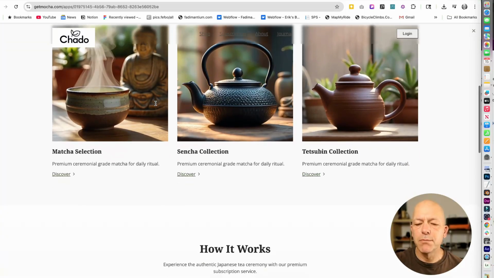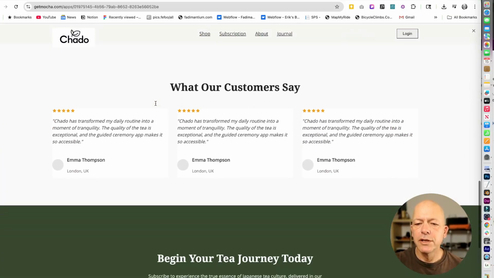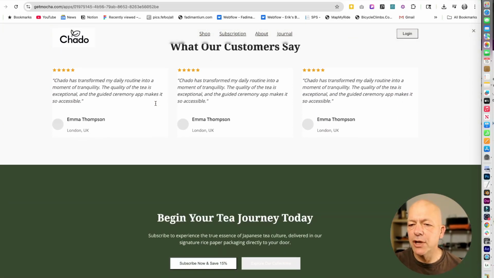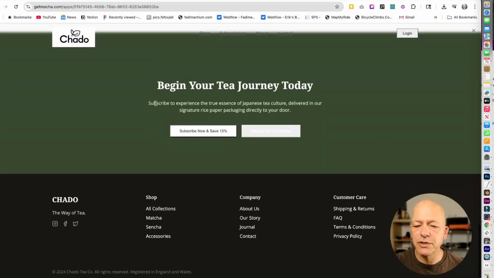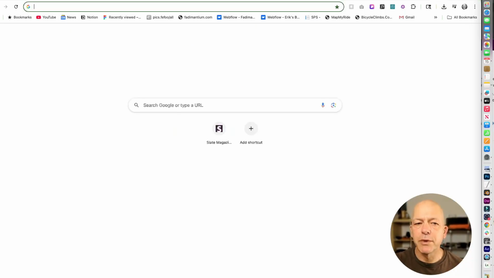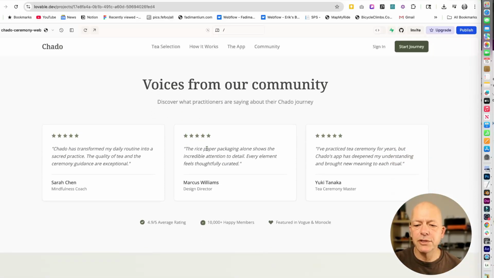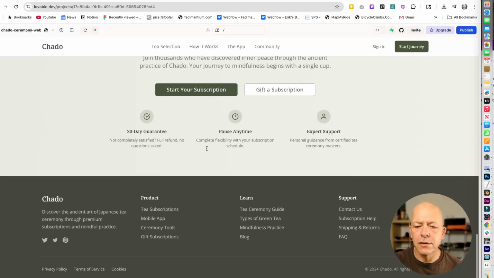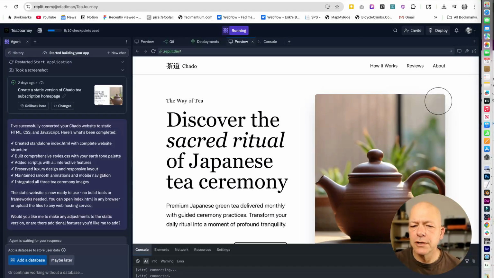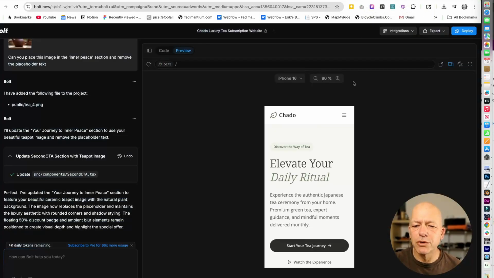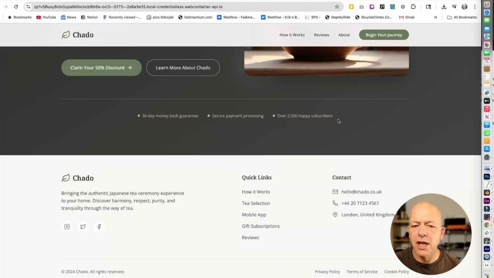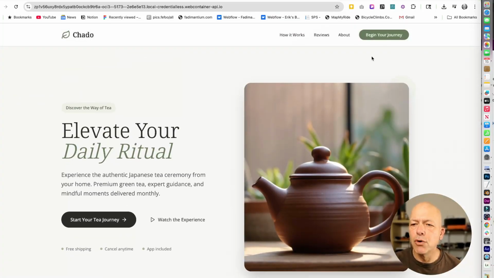So here's what we did in Mocha last week. Doesn't look quite as polished, but there's Emma Thompson again, 3 times. And let's just, for comparison, look at Lovable, not quite as interesting. So far I'm thinking that Replit is the best and Bolt is the second best. Where was Bolt in the live preview? So Bolt